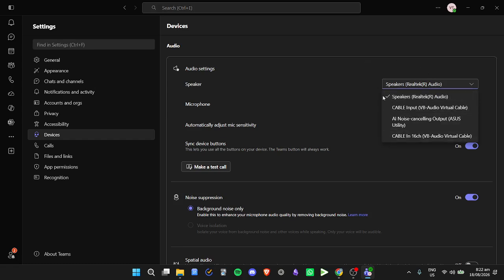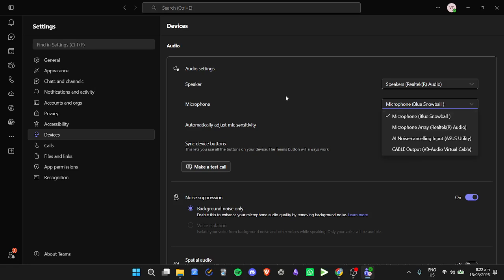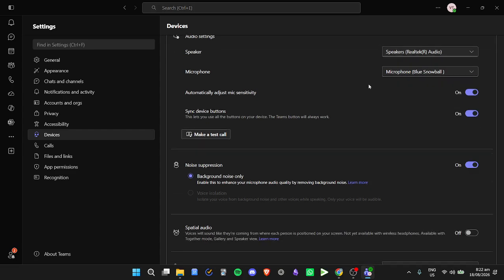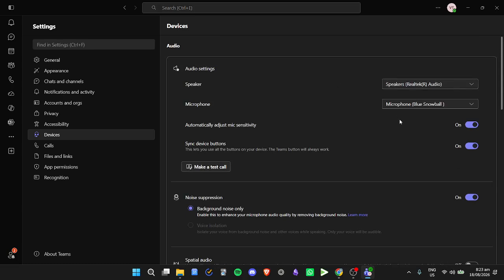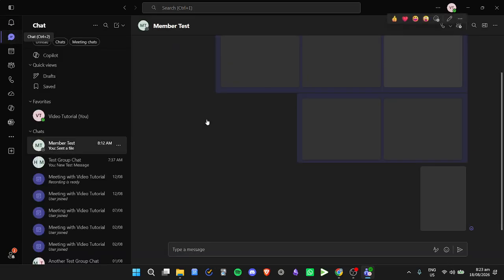them also right here. For your microphone, if you're using different microphones, make sure you're also selecting the correct microphone that you're using. And then you can also see some different options right here if you want, like automatically adjust mic sensitivity, sync the device button. So for example, if your headphones has buttons, you can also use that. You can also allow noise suppression, spatial audio, and then secondary ringer. And then after you have made sure that everything is correct right here, now you should have your audio settings